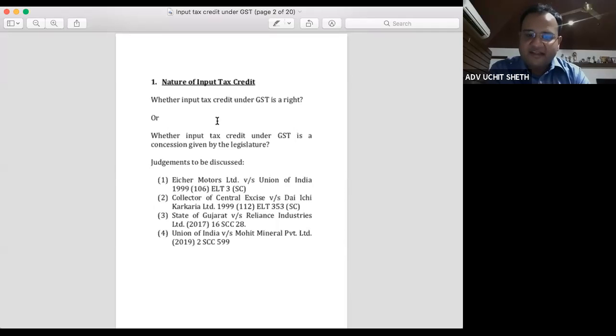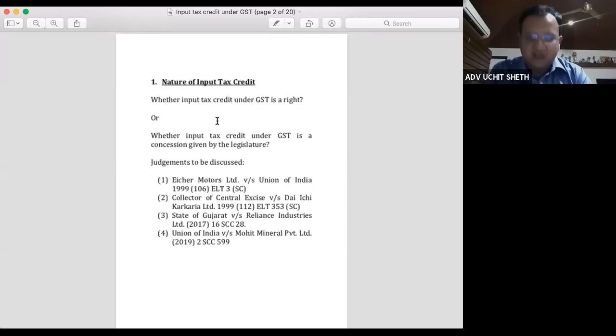So suppose if we take the example of GST law right now, suppose tomorrow the legislature deems it fit to delete section 16 absolutely from the statute book, then we cannot say that, look, I have already paid tax on my input side, please give me the credit of that tax. We have no right which is independent of the provisions of the very act itself. So it is a right, but it is a right arising out of the statute, and therefore it is also a form of a concession which is given by the legislature. So if the legislature does not give that concession, we cannot find fault with it. That tax is paid by us to our vendor on our inputs. Our tax liability is on the supply which is made, to be made or made by us. So if the government says that no, forget about the tax you paid on your input, you pay tax afresh on the supply or the sales side, no fault as such per se can be found with the legislature.